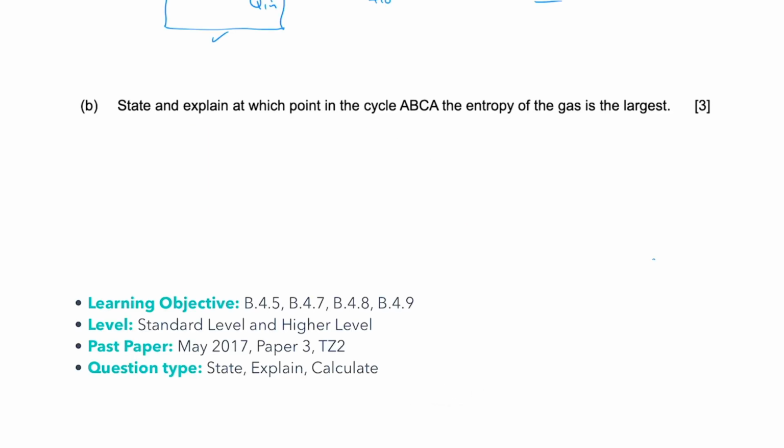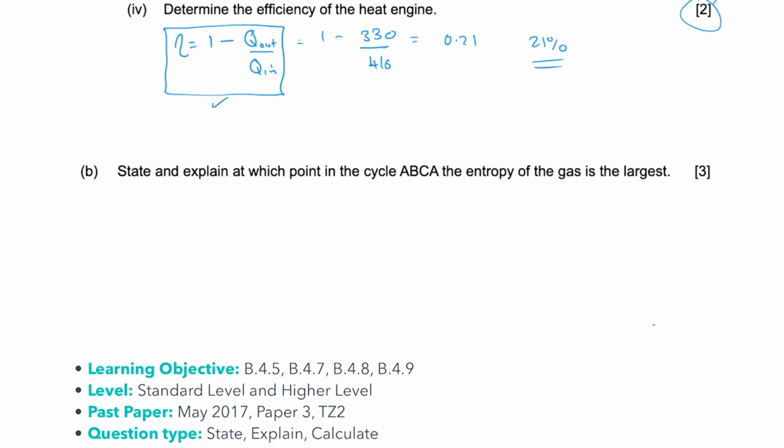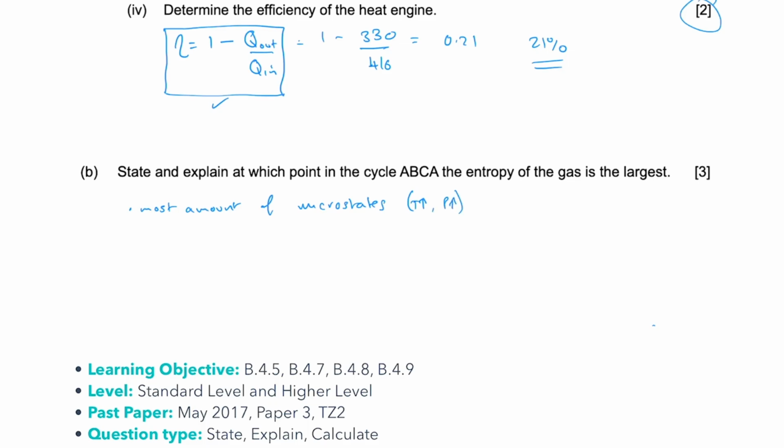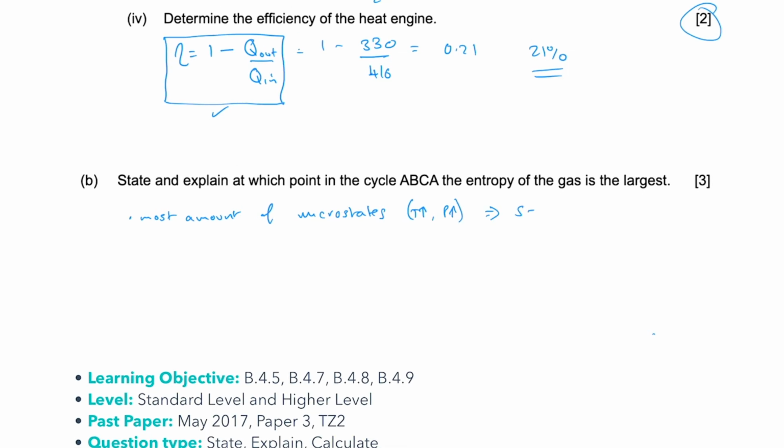B. State and explain at which point in the cycle A, B, C, A, the entropy of the gas is at the largest. The entropy is going to be the largest where there's the most amount of microstates. And in my mind, that's where there's a big temperature and a bigger pressure. And remember that the expression for entropy using this concept is that. It's also going to be the point where the most amount of heat has been added,